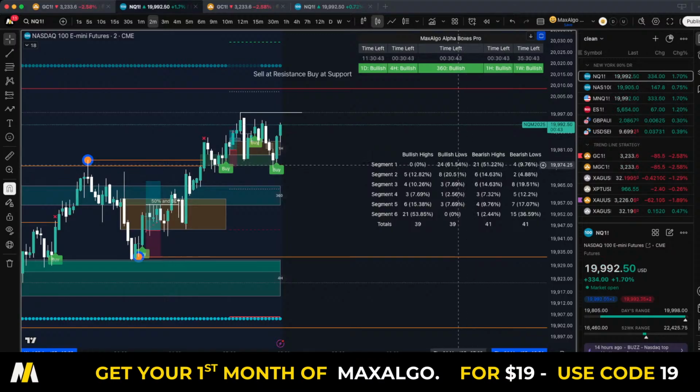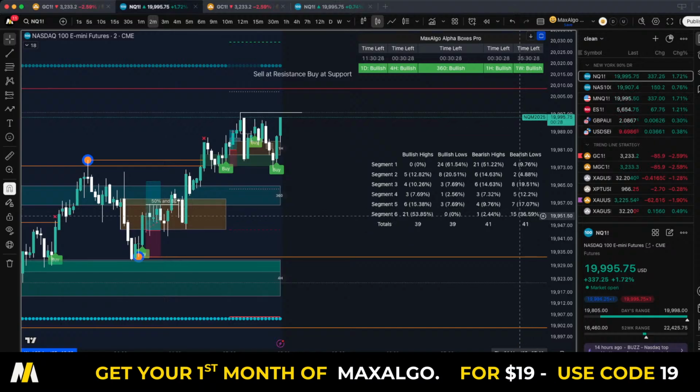Deliverability wise though, when we've had our low, we've still had our high in the last 20 minutes 68, 69% of the time, so it's pretty good. Bearish hasn't been very good. So we've been more bullish this week. So you think about it kind of like counter trend. When we're counter trend,